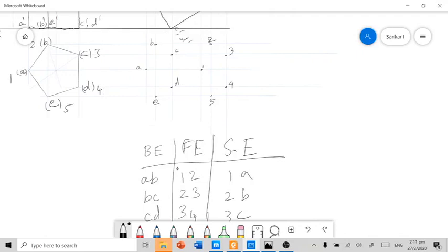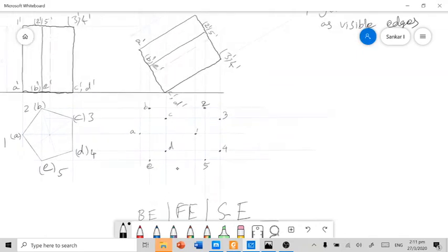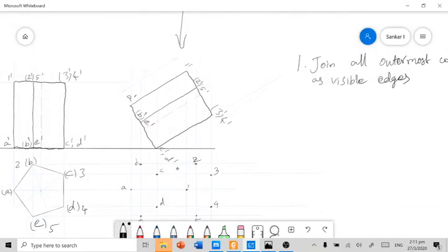Okay, so all the 15 edges are not visible when you see from the top. Definitely the edges 3C and 4D are invisible edges when you view the pentagonal prism standing in this way from the top.